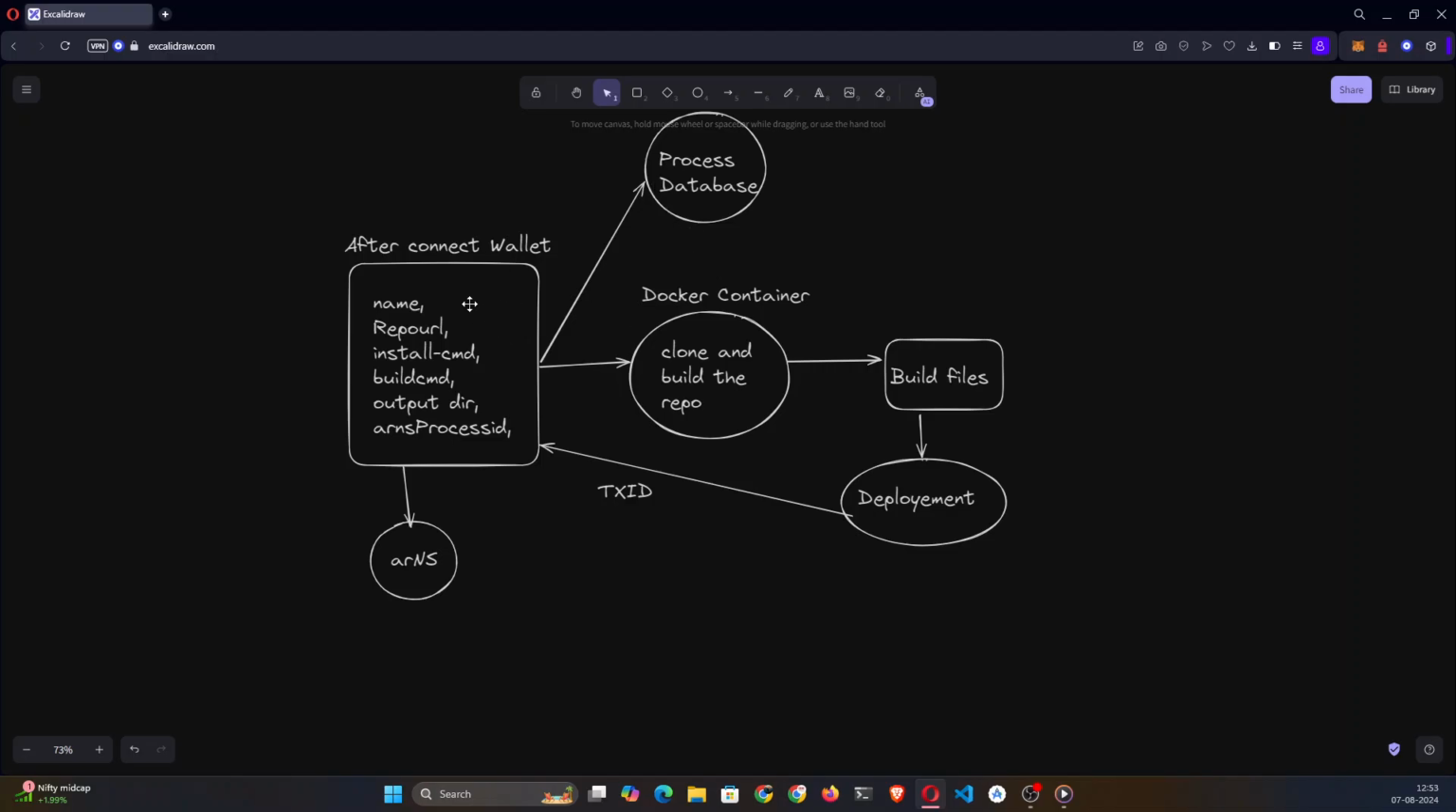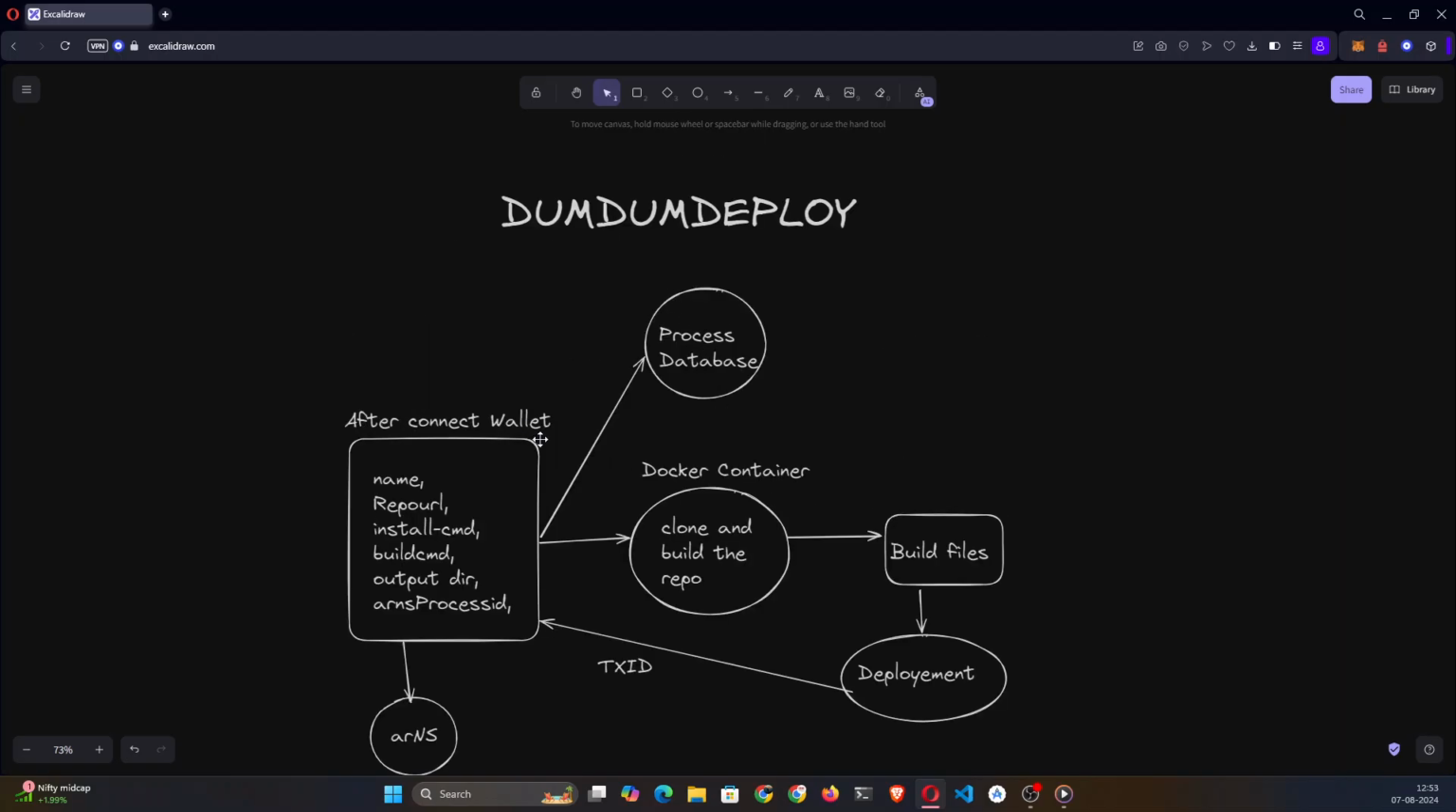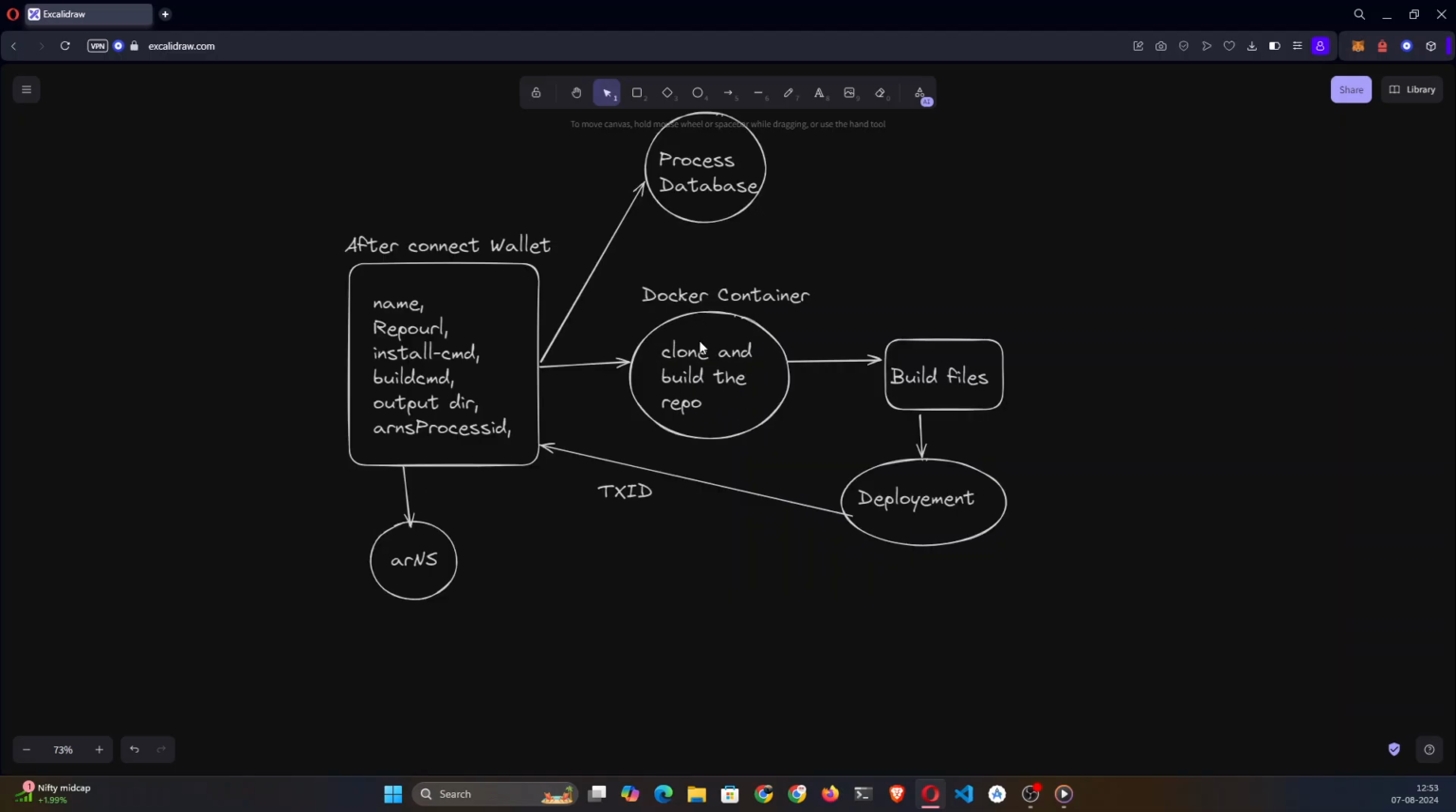Once you click the deploy button, it will go into the process database, where all of this information will be stored as the latest deployment done by you. On the other hand, it will go into the backend, which has a Docker container that will clone and build the repo, and the build files will be taken outside of the container so they can be deployed to Arweave.net